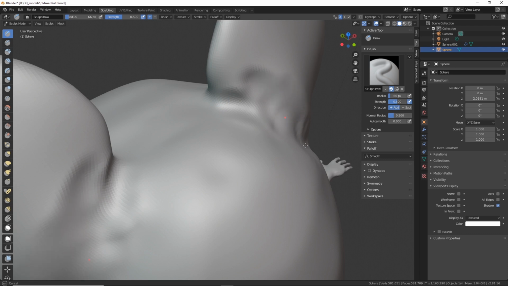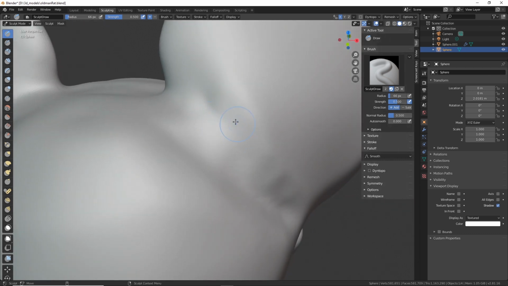Smooth that. Sometimes you'll do this and it'll feel like you're doing claymation kind of sculpting, and it gets really rough looking, and that's okay. Sometimes you'll want that effect. If you don't want that effect, don't worry, you can always just hold down Shift and run the brush across, or the smooth brush is